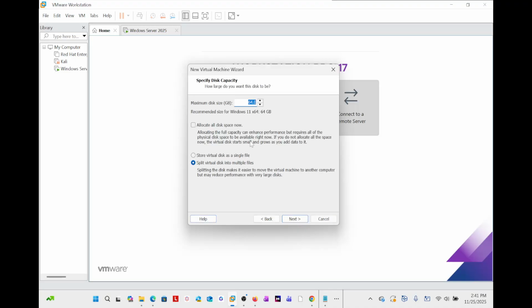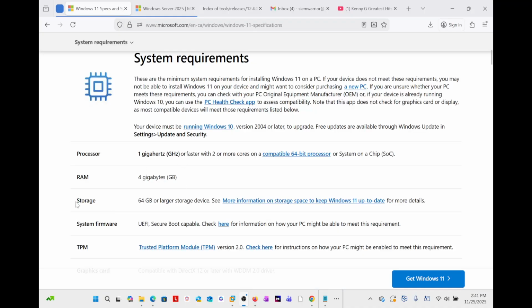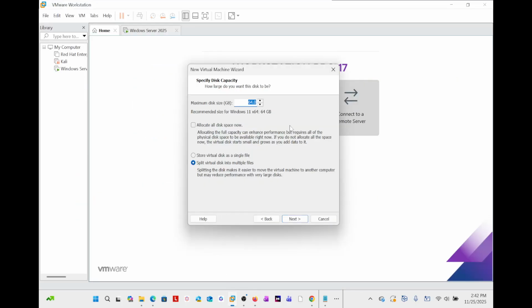So we say next. The recommended size also is 64 gig. Yes, the recommended storage size is 64 gig. We just need to be very sure, so we go back to 64 gig. So as it is here,